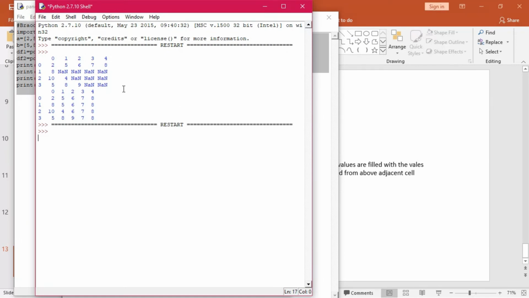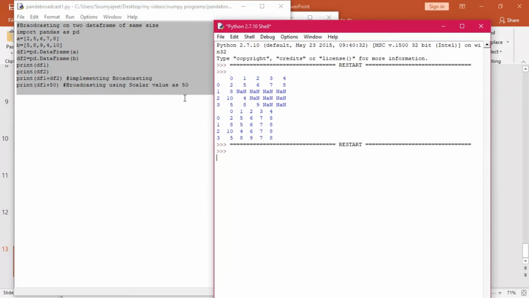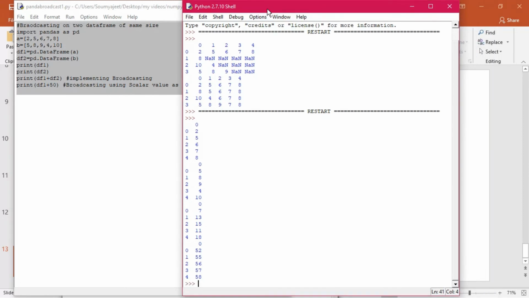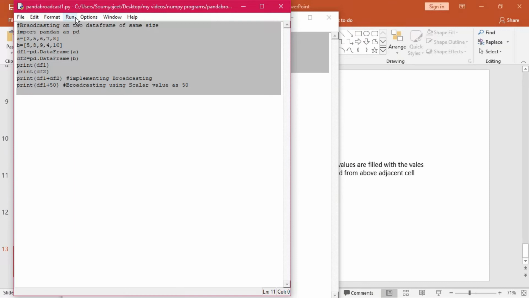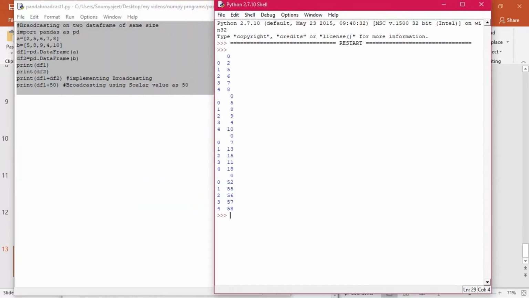So this is the output actually with the panda broadcast. Okay, so that is a thing. So you see out here, this output actually has been generated out here. And you can see it out here. This is the previous output. I'm doing it fresh for you. Just a minute, you watch it carefully. Run and then do run module, and then you see out here the output to be generated. Now it has come. You can see out here.